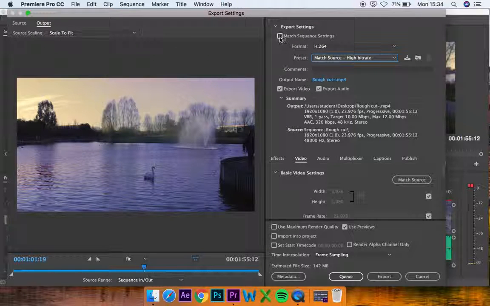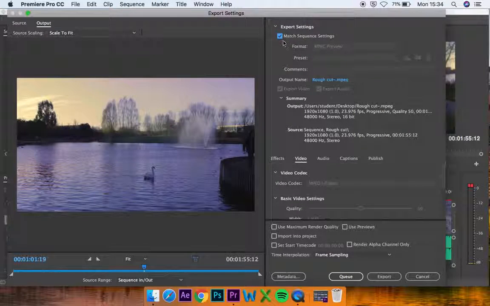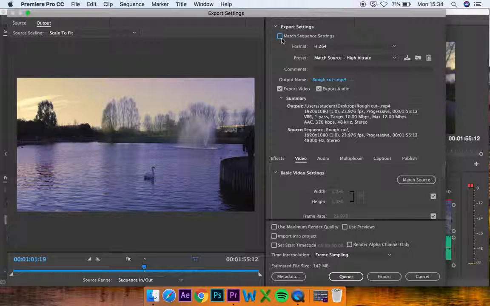Some people like to check this match sequence settings, but I find that gives you a codec which sometimes can be a bit temperamental. For example here, this MPEG codec, I'm not really a fan of the MPEG file format, so I'm just going to uncheck that. Do note though, if you've done a master render and you click the match sequence settings and then follow the next steps, you will render a little bit quicker than the way that I'm going to show you. So once you've got your H.264 format and your preset to either match source high bitrate or the YouTube 1080 or Vimeo depending on your output source,